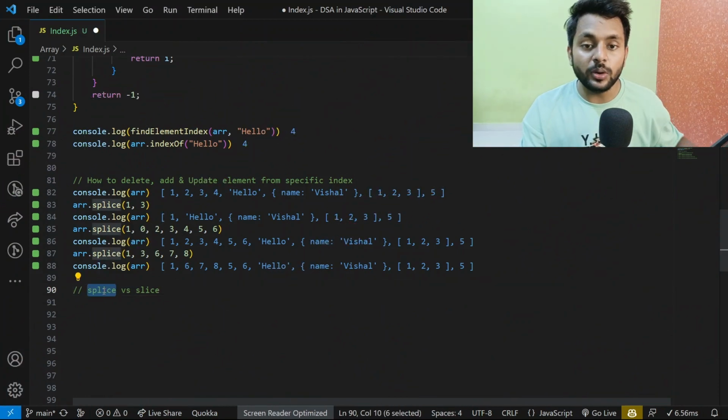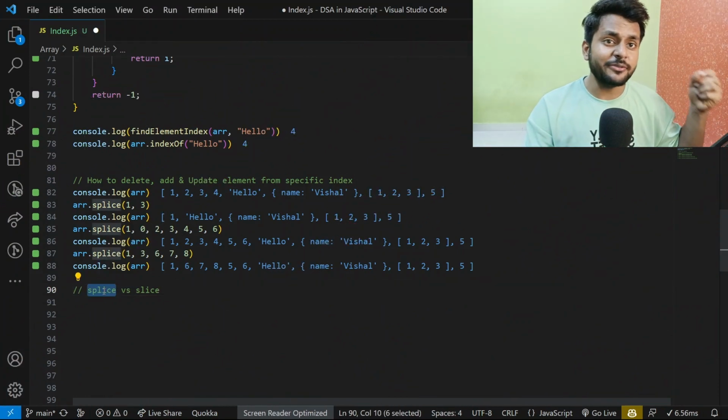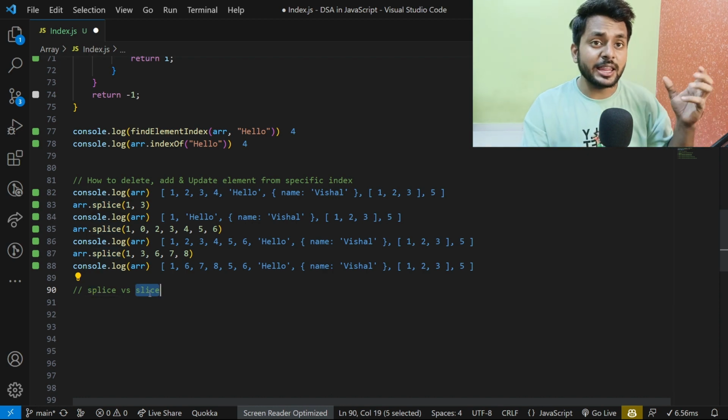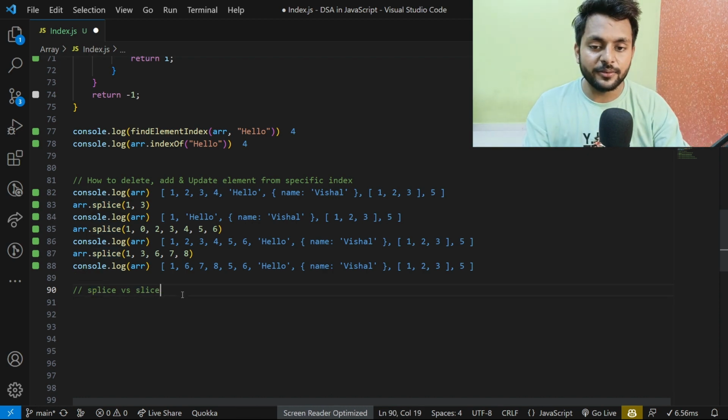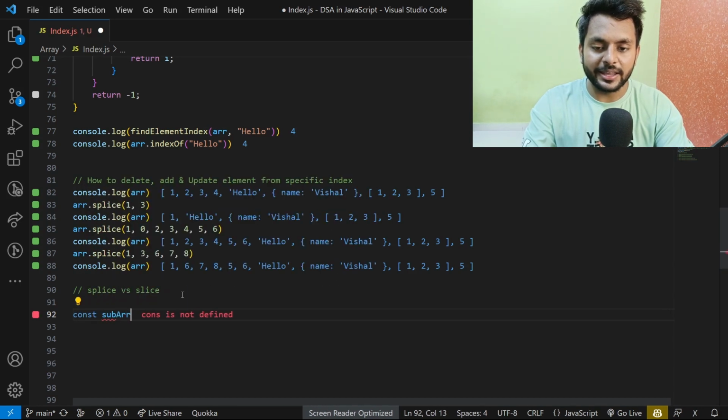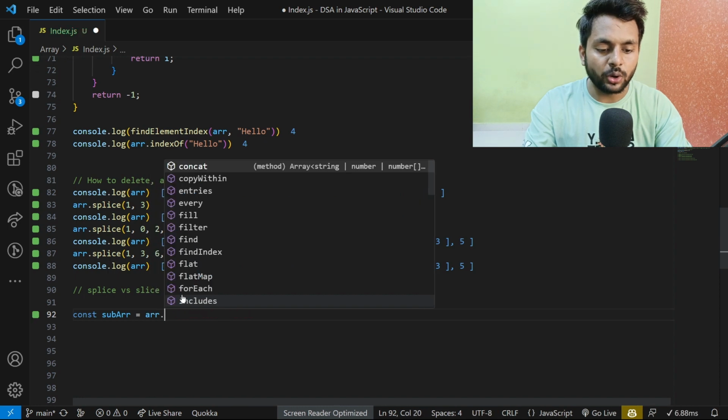There is one common interview problem based on the splice topic. What is the difference between splice and slice? So let's see both of them. Splice is used to add, delete and update elements from a specific index, and slice will take a sub-array from this array. So let's say I want to write const subarray, and that will take array dot slice,